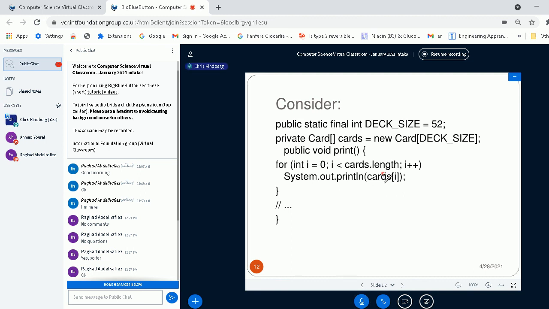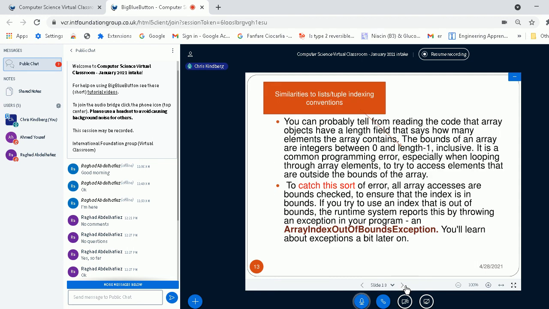The problem is, if you haven't actually assigned values to cards, then what I said earlier is that they've implicitly been assigned the value null. So you will actually have a problem because you can't print out a null value.